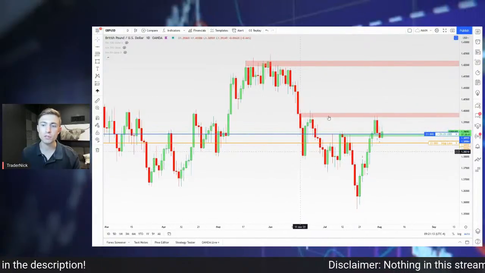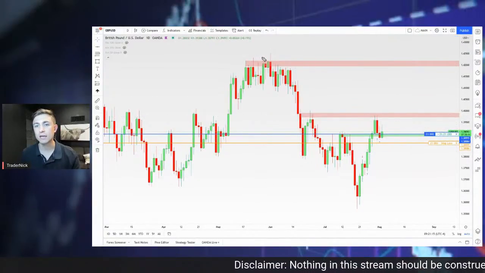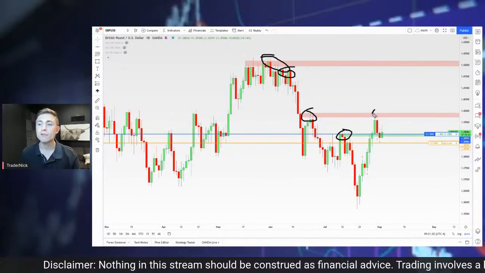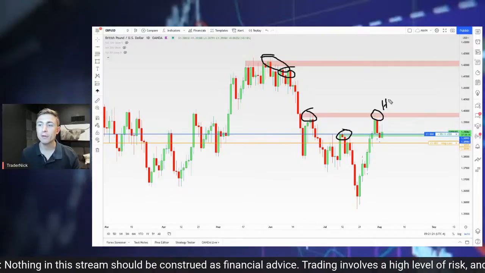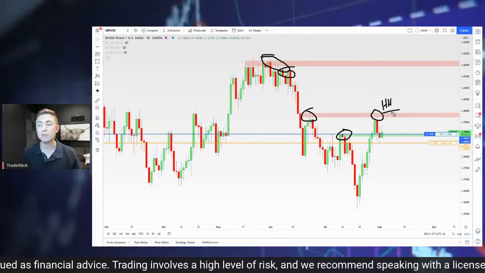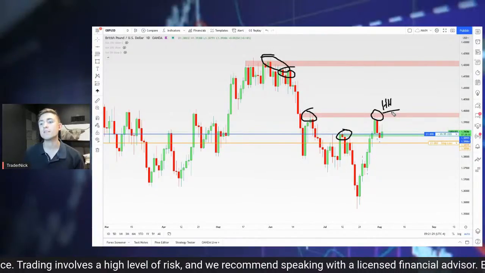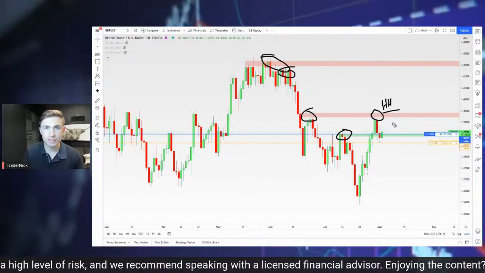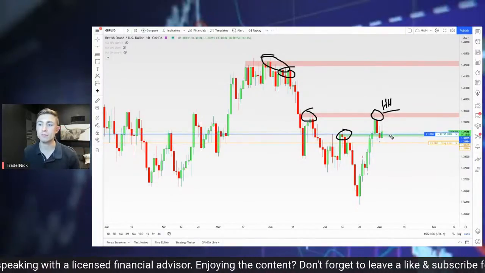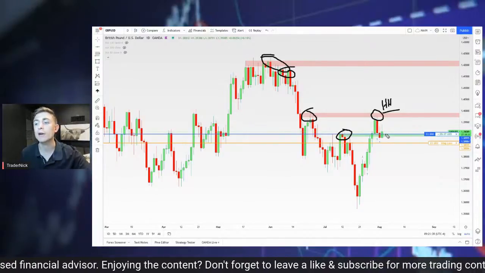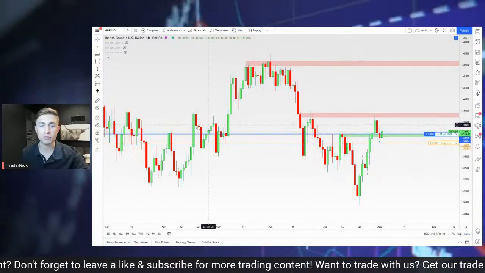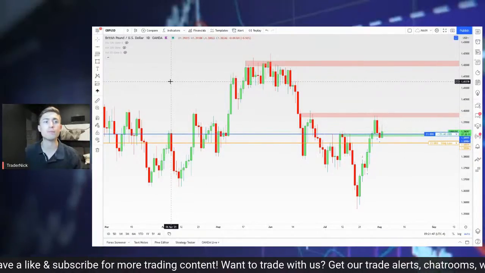I think the risk to reward is pretty good, especially when I talked about this the last few times. You had these lower highs coming into the market, lower highs, lower highs, and then you formed this higher high, right? That higher high was enough from a technical analysis perspective, combined with my fundamental bias on the pound and the dollar, to get long. So again, we will see if this trade wants to play out. If I show a trade here, it doesn't mean I'm guaranteeing it's going higher. It's just my setup and my analysis on this. So I think we have some potential for some upside in the pound. We'll see if I'm right, we'll see if I'm wrong.